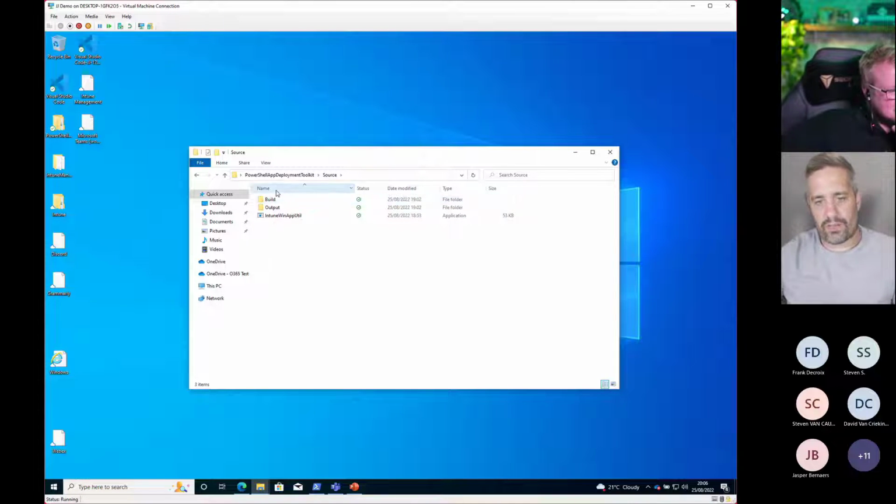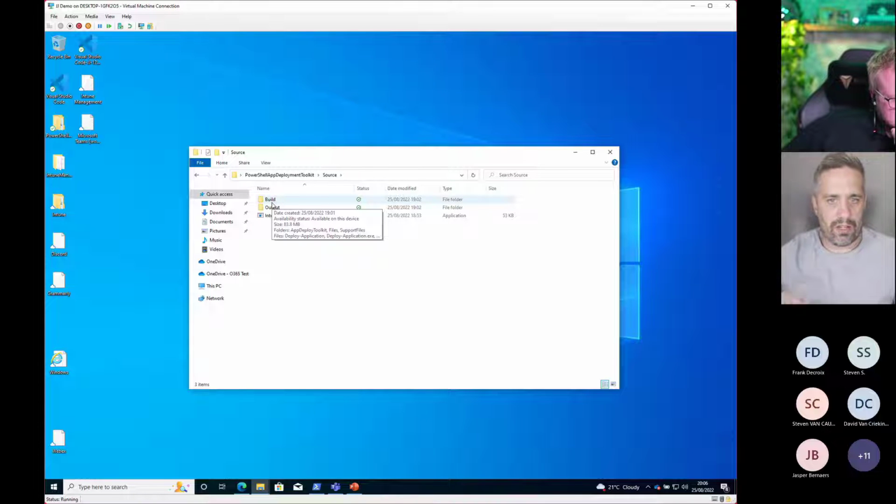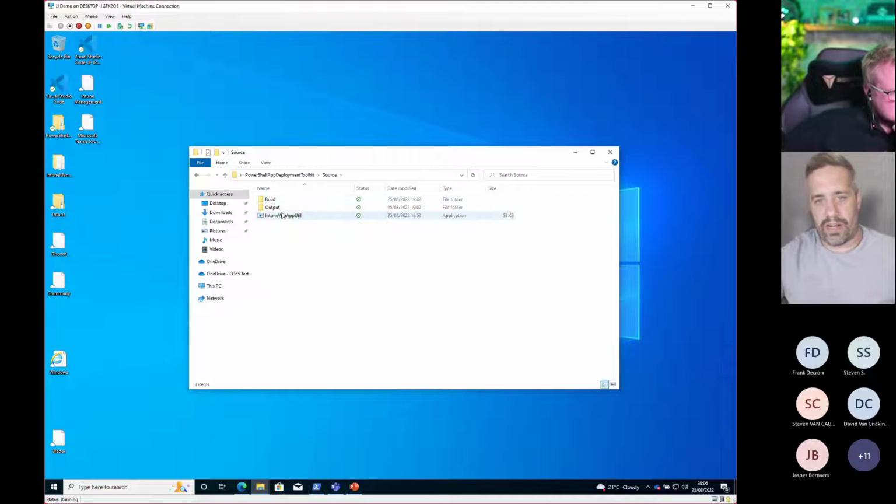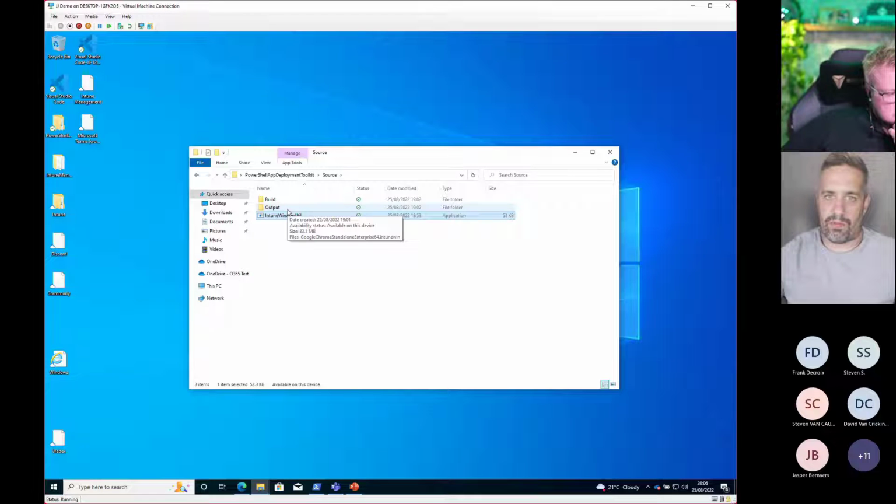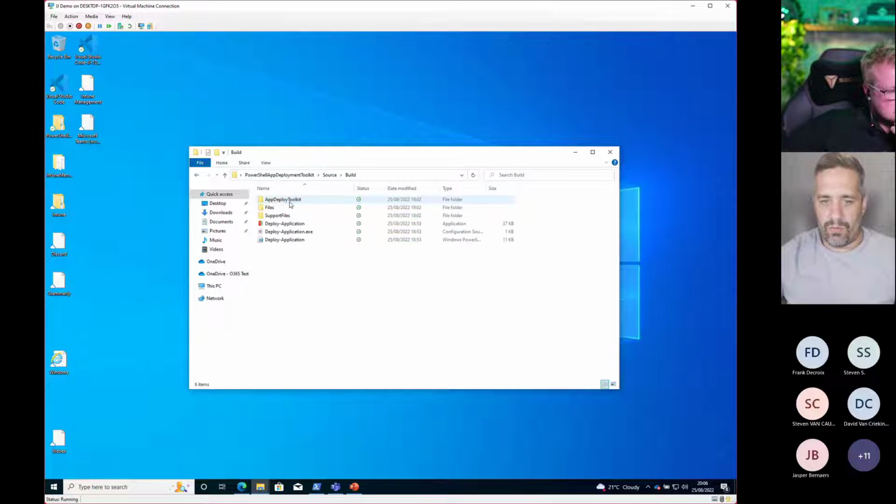I've done the usual thing that I normally do when I create an app. I create an input folder, I create an output folder, and I normally put the Intune Win app around this area here, just so I can carefully lay out what my application looks like when we go to Intune. We have the build, and what I've done here is I've downloaded and extracted the ADT